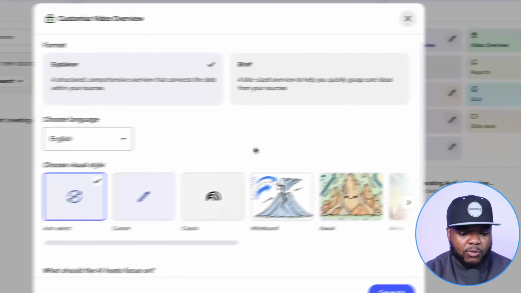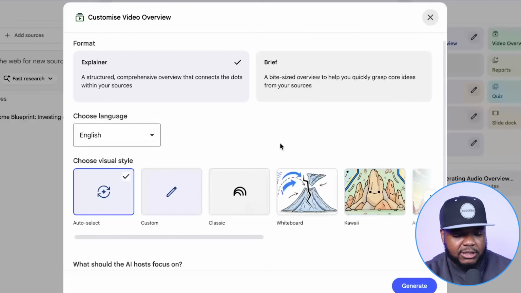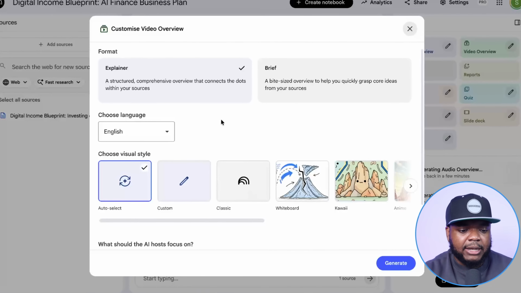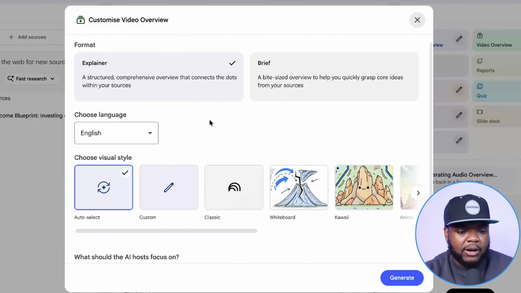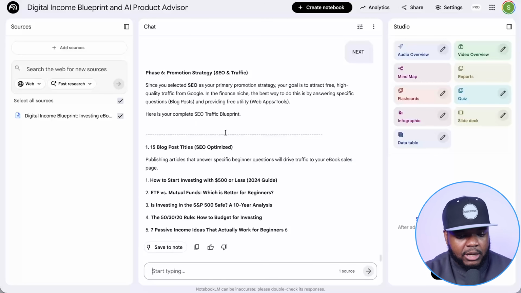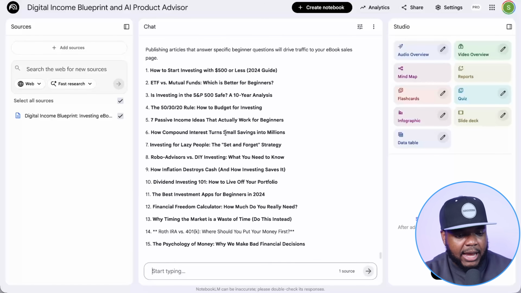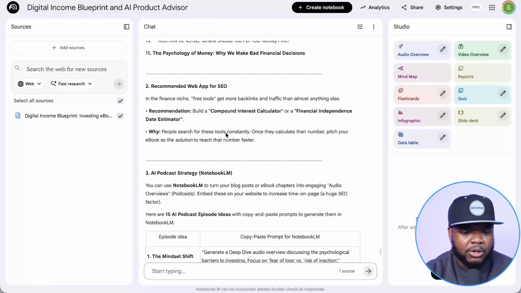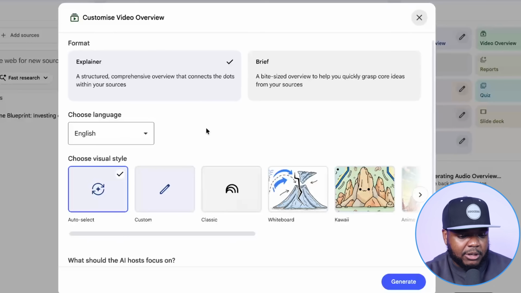And this is one of my next favorite ones because what you're able to do is something similar to the podcast one that I showed you, but instead you're able to make a video. So if you're trying to understand the problem, maybe you're trying to overcome some sort of obstacle and you want to watch a video that's going to get you through it, you're going to be able to use this feature. Now, for example, let's say if I got stuck on building my website and I wasn't really sure on exactly how to do it. Of course, there's going to be steps within the actual blueprint that NotebookLM came back with. But if I wanted to watch a video on any part of the process, I'm going to be able to